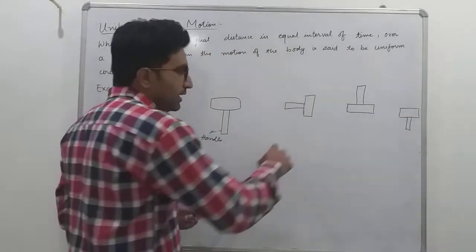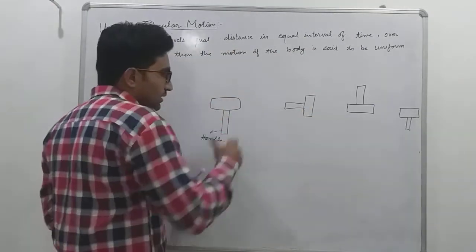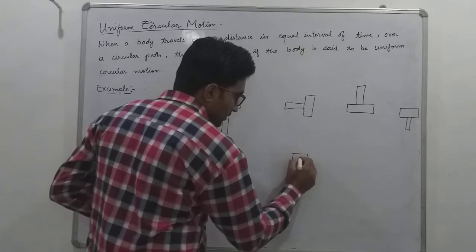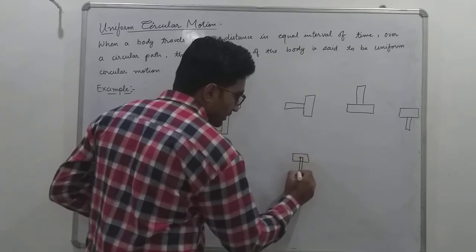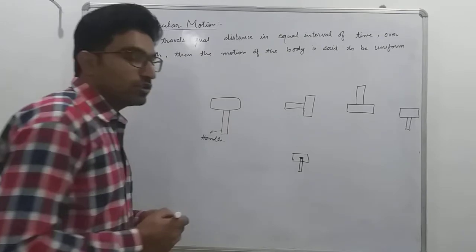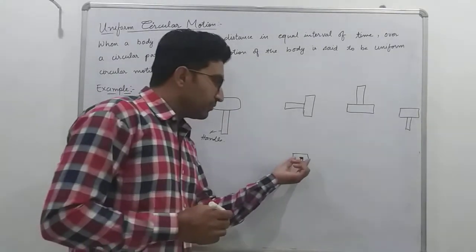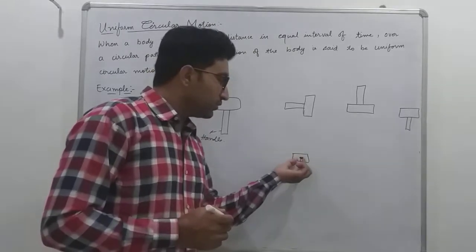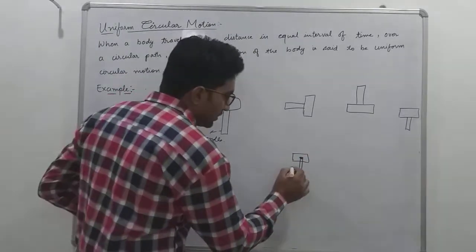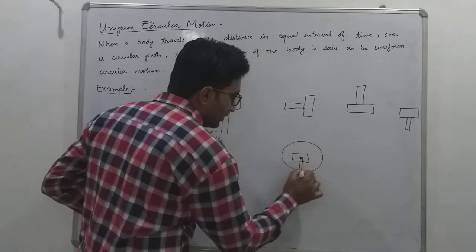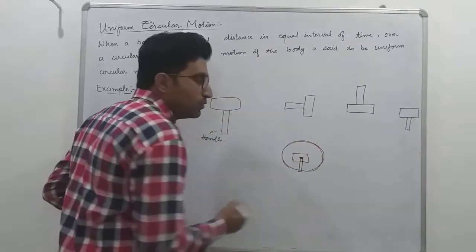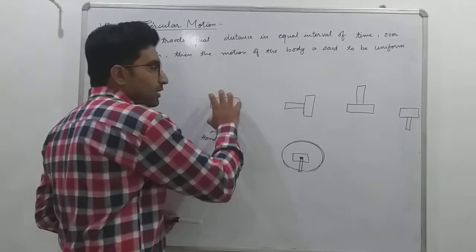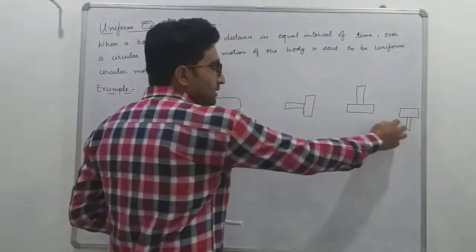Means to say, it will go like here. The center of mass, a new concept, is there. The center of mass of the hammer lies at the weight. Okay, at the center of the weight, and at the center of the weight, it will rotate like this one. The handle will rotate around the center of mass like this one, due to which, once it was thrown, it will go in this manner.